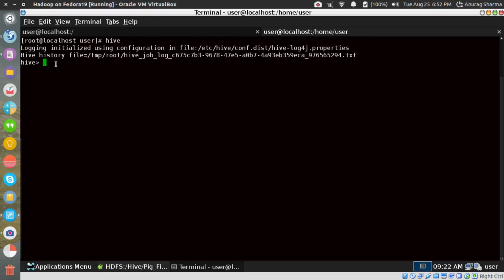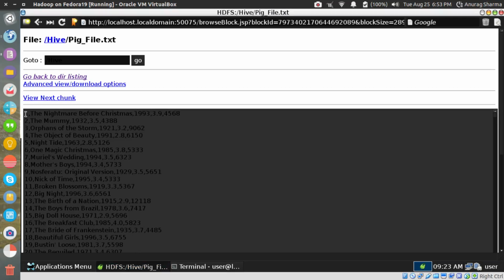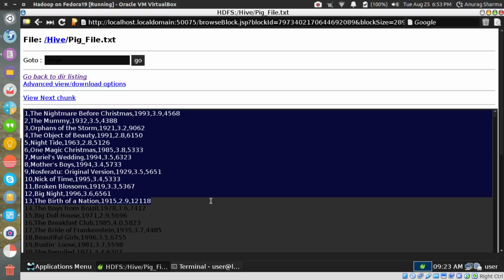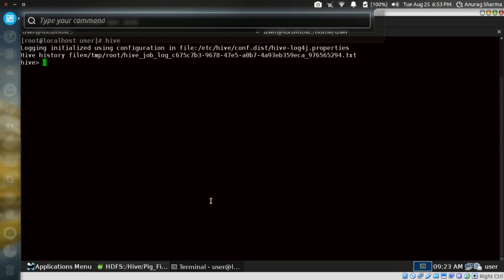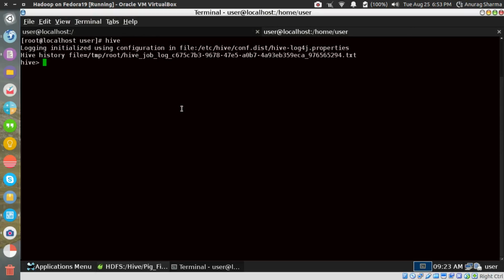Okay. Now the first thing that we've got to do is create a metadata mapping. What do you want to do on the data? You want to query, right? So let me show the data again. So this is how the data looks, right? Serial number, comma, book name, comma, year of release, comma, the rating of the book, and some ID of the book. So you want to query. If you have to query, this is a file. This is not even a table. How do you query a file? You cannot query a file, right? So we have to create a metadata mapping. Let me show you how you create a metadata mapping.